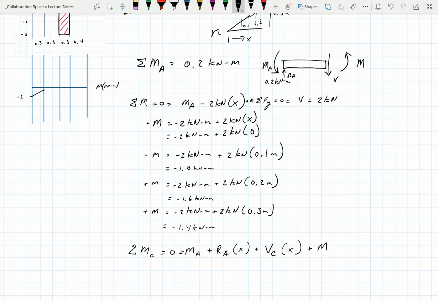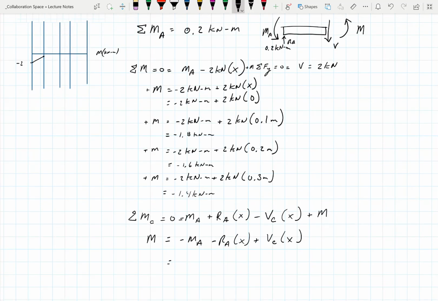So again, the moment comes to this side, minus MA plus, minus RA times X, and this was a negative already, so that becomes a positive, and we got VC times X, and we can start plugging the numbers in here. So negative 2 kilonewton meters minus what